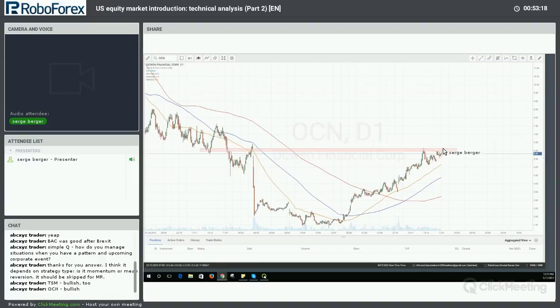Until it starts breaking past resistance, you have to respect that it's still consolidating. This stock has not done anything since mid-December. It's just consolidated. The longer-term trend is higher, no doubt. But I don't think that trend will continue higher until it actually breaks above $6 or so. And if you go back to TSM,